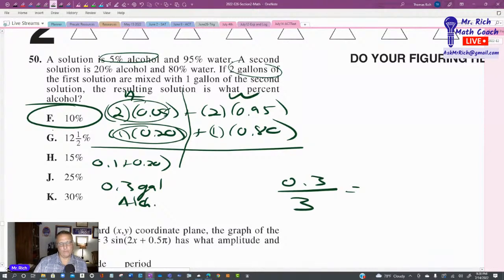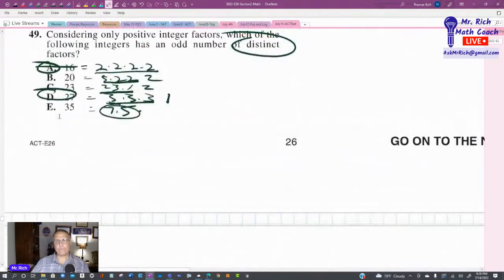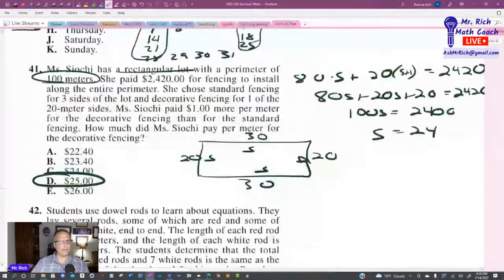0.2, 0.3, 0.3 over 3, 10%. Okay. All right, let's stop there. This didn't go too well. Let's go back up to the top here, starting at